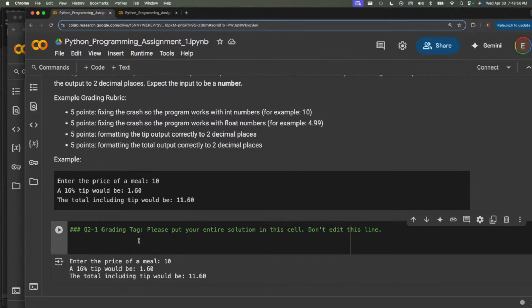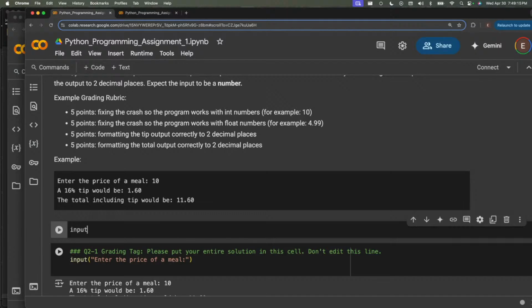Let's go ahead and create a calculator function that creates a tip for the meal. So the output should look like this. First, we want to enter the price for the meal. In order to do that, we're going to use something called the input function. And the input function, let me put this above. The input function, this takes feedback